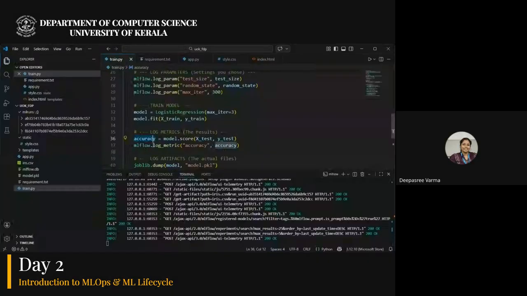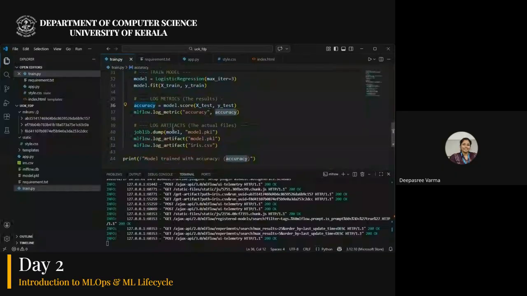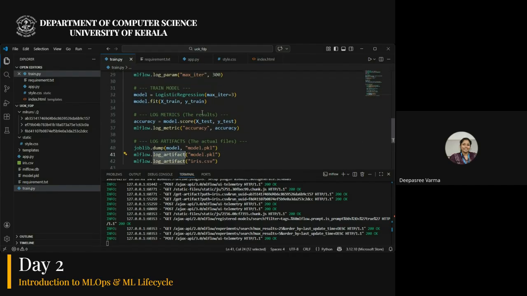Okay, so basically I can log more artifacts. If you are building a deep learning model, there may be various artifacts, like the network that we used, the model that we built, where there will be multiple layers. Even if it is a CNN model, as asked earlier, you can just store all those artifacts here.